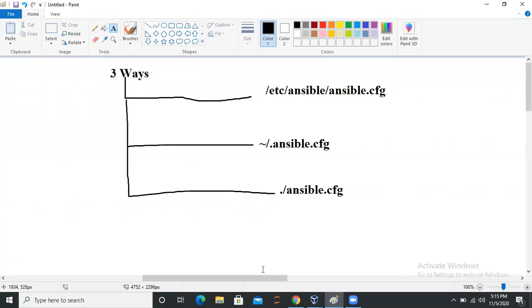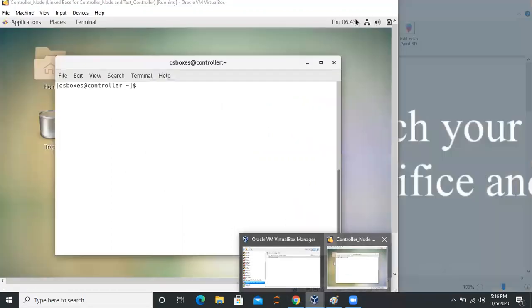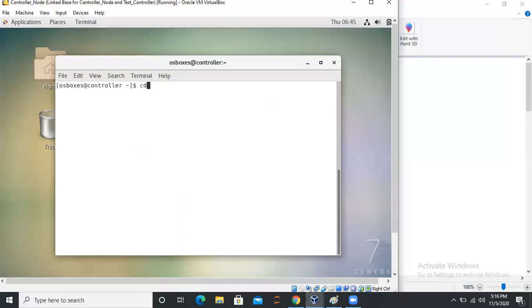The three ways. Okay. So by default, when you install the Ansible software, the configuration file's location is this: /etc/ansible/ansible.cfg. Let me show you this. So I'm here. If you go to /etc/ansible and list, there is ansible.cfg.